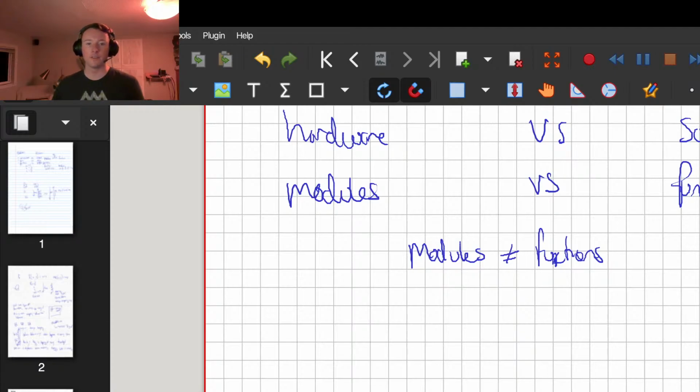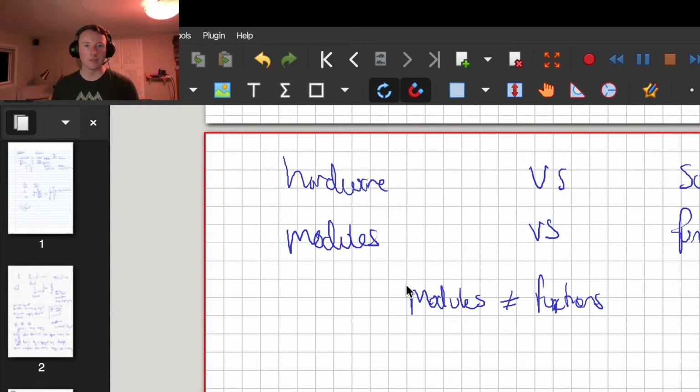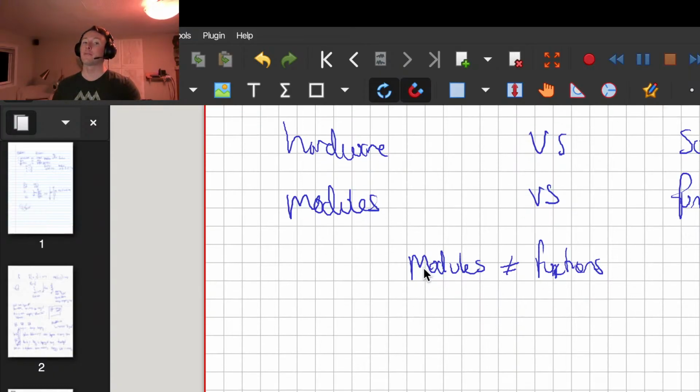Functions, there's an N in there. Modules aren't functions. They're two different things. I just want to say that because I'm going to start drawing analogies, and these analogies will be useful. There are a lot of analogies, but I do want to be clear that modules are not functions. They're two different things. In fact, we're not going to talk about this because it's just going to confuse things,